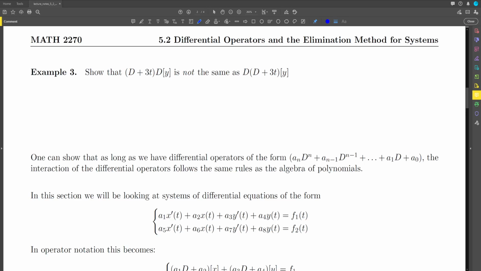In this example, I want to show that we cannot always simplify differential operators by just multiplying out the so-called factors. So here we'll show that D plus 3t acting on D of y is not the same as D acting on D plus 3t of y. So let's write this out. We have D plus 3t acting on D of y